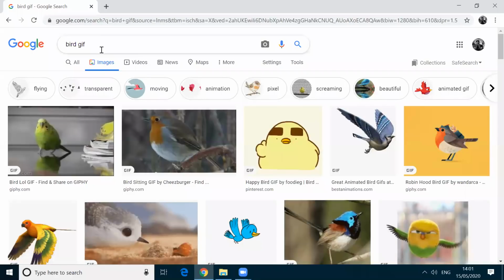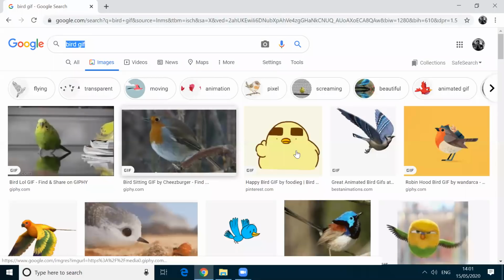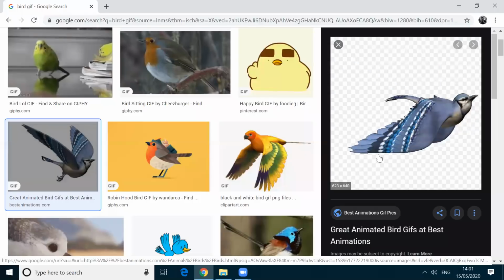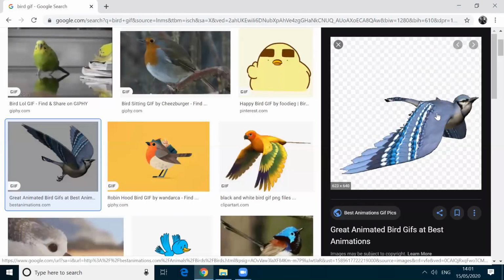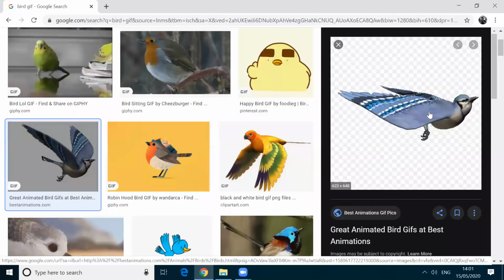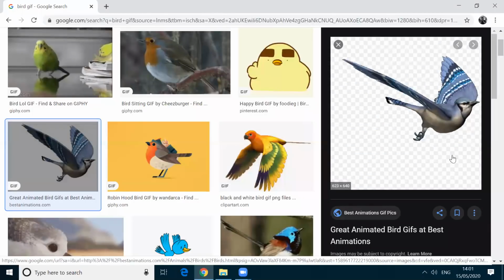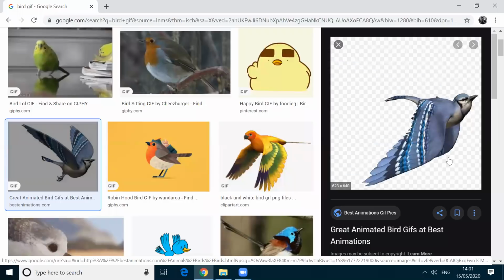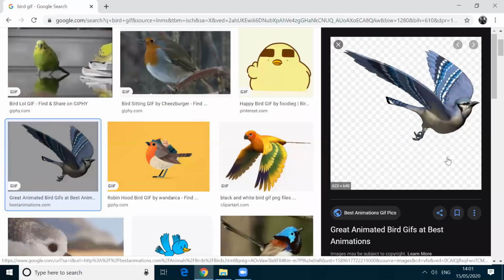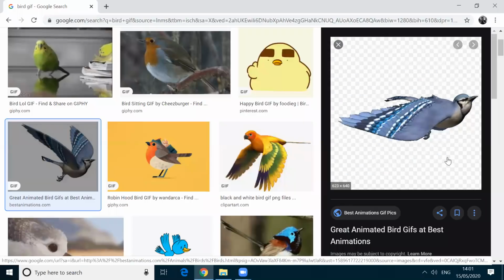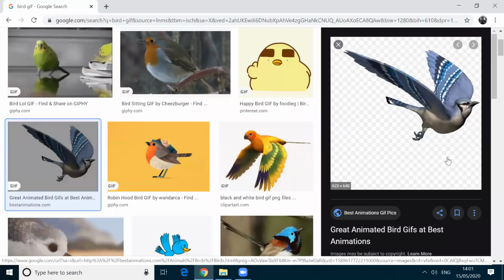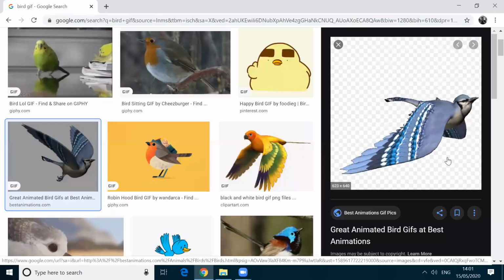Okay, now if you want to create any animation, you need some images. See here, it is having some animation. Here, the wing is moving up and down, up and down. It means that yesterday itself, I have told you that in a single second, if you are having a video, that means you are having 25 photographs.